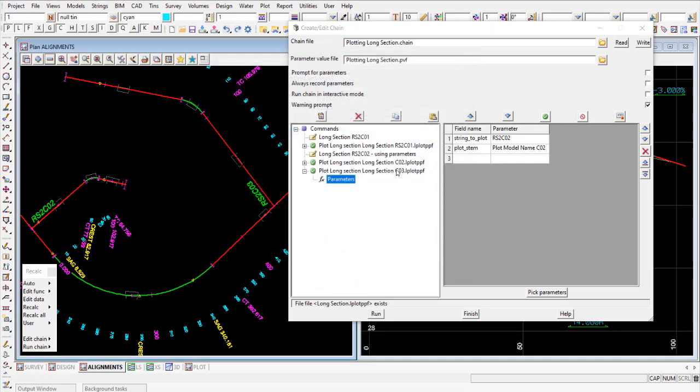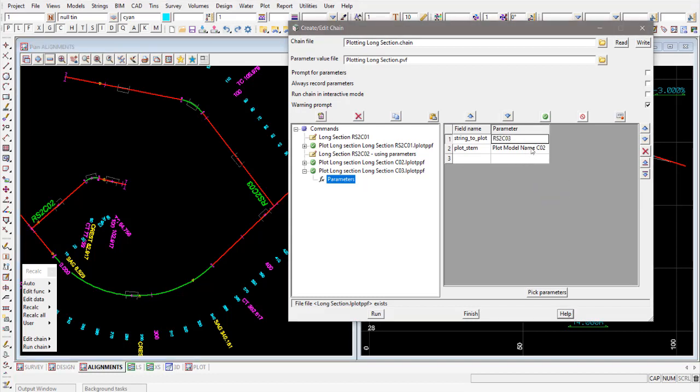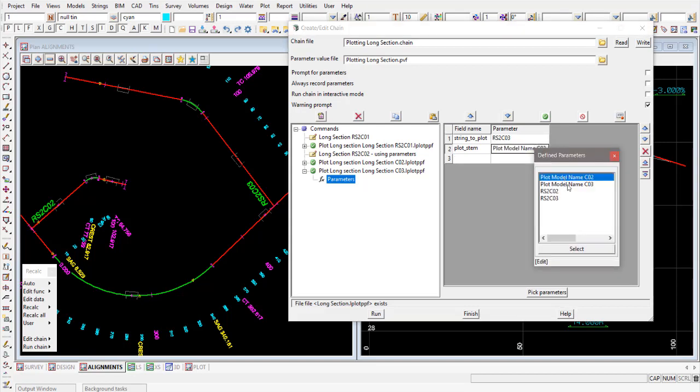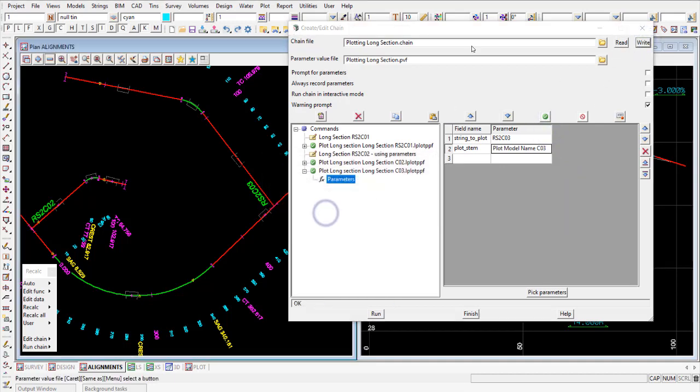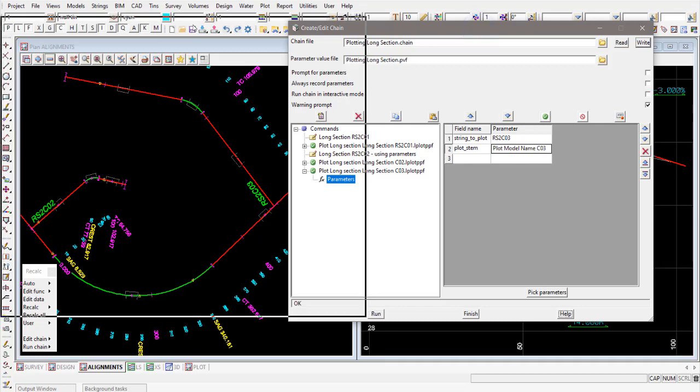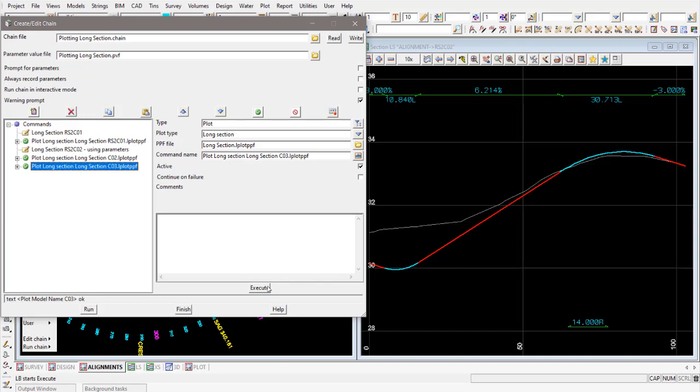Now for road CO3, the one we've just copied, we just come into the parameters, and we've already selected where the 2 parameters go in the PPF file. So all we need to do is come over to the parameter here and just do a right click and say, no, this one is actually for road CO3, and this one I want the model for CO3, which is that guy there. And that's all really I need to do there. And let's save that and replace, and let's move that over here. So now if we run that option there, if we execute CO3,